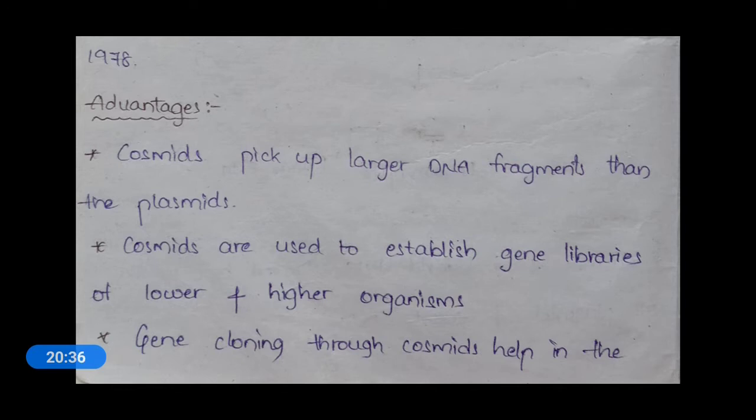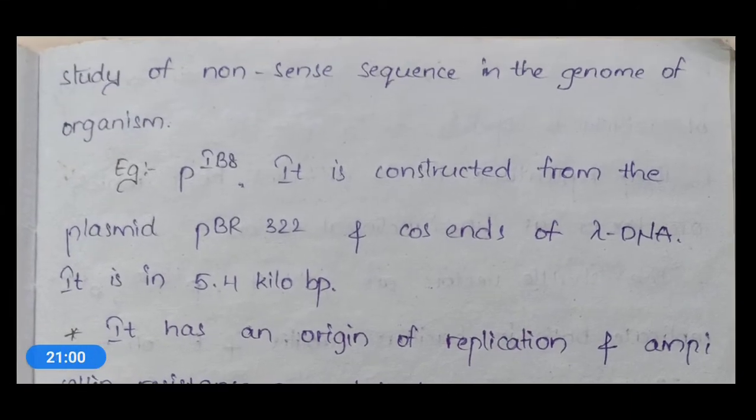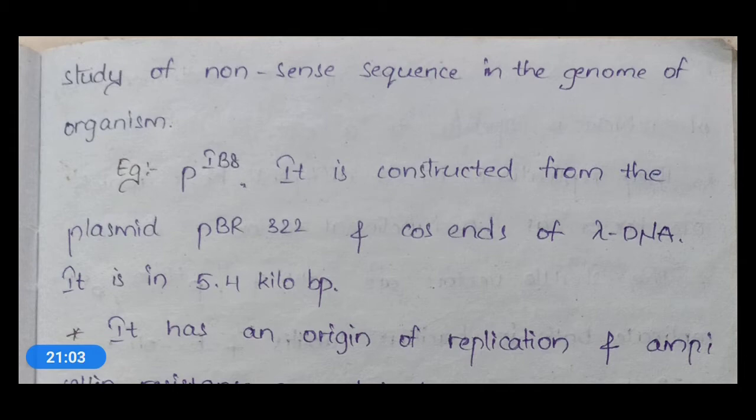And gene cloning through cosmids helps in the study of nonsense sequences in the genome of organisms. By using these cosmids, by gene cloning, we can study nonsense sequences in an organism's genome. Okay, we can undergo genomic study of an organism for identification of nonsense sequences by using these cosmids. Best example is